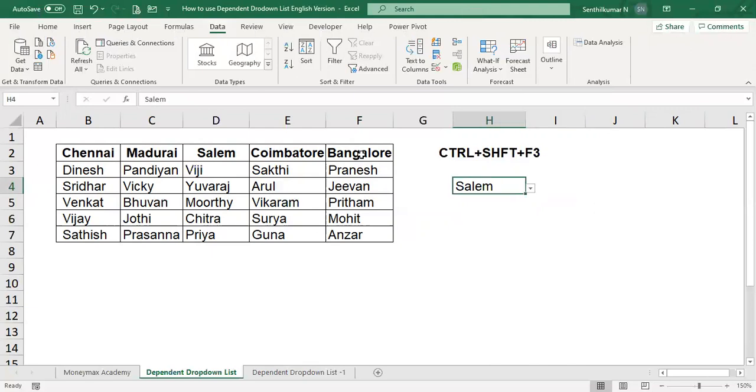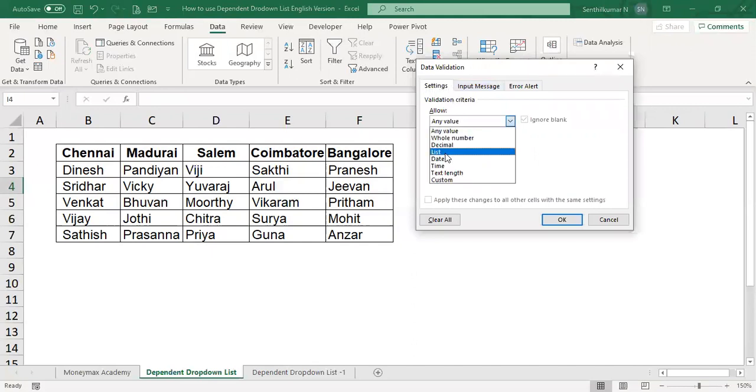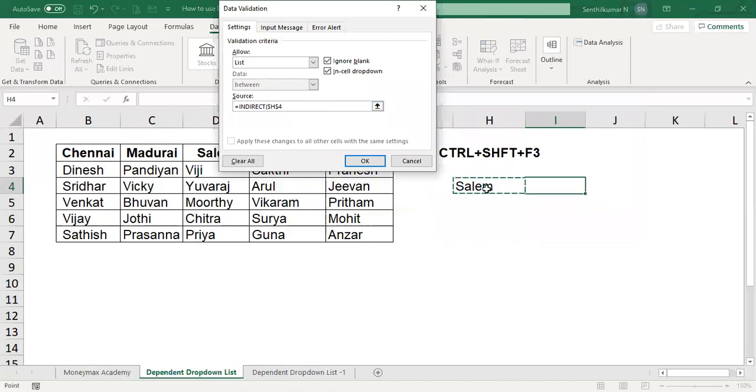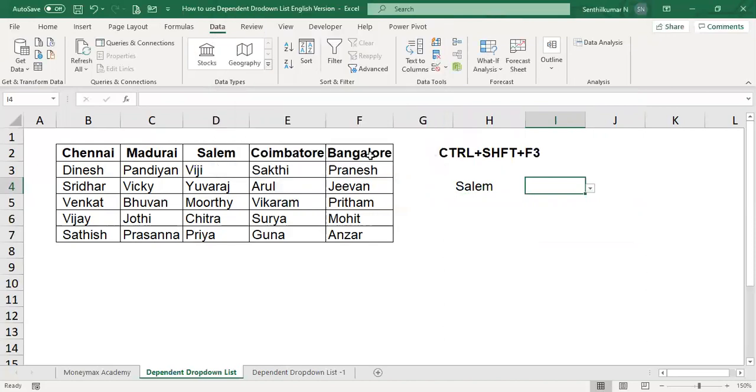What do we have to do? We have done step 1, the validation here. Now we want to give the data validation. Data Validation. Please listen, friends. Settings, List. So we are going to use a formula, the INDIRECT formula. What is the reason? I am telling you in one minute. Please be on the line. So INDIRECT data. This is the data validation using a formula.